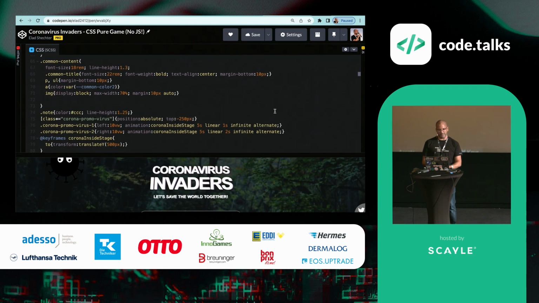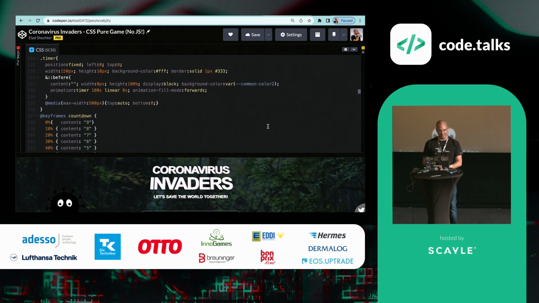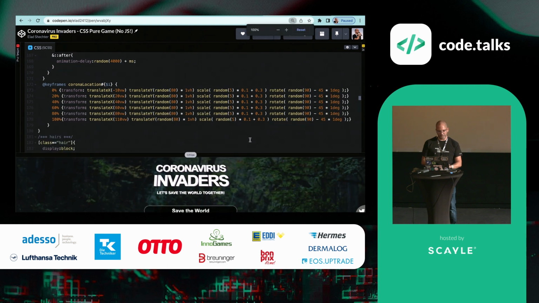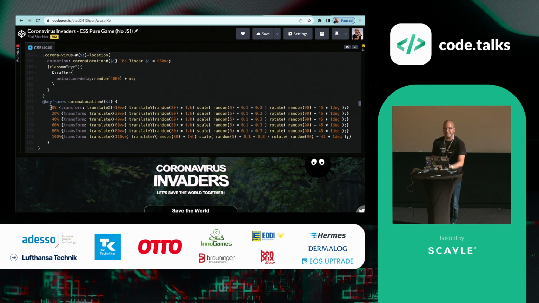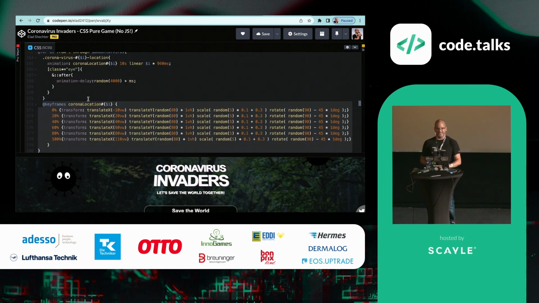Then how have I done it? I'm using here another feature of Sass. I'm using 2 features of Sass, you can say. The first feature that I'm using here, let's zoom out. As you can see here, I have a Sass for loop. This for loop is running 100 iterations, and it dynamically creates this animation 100 times.